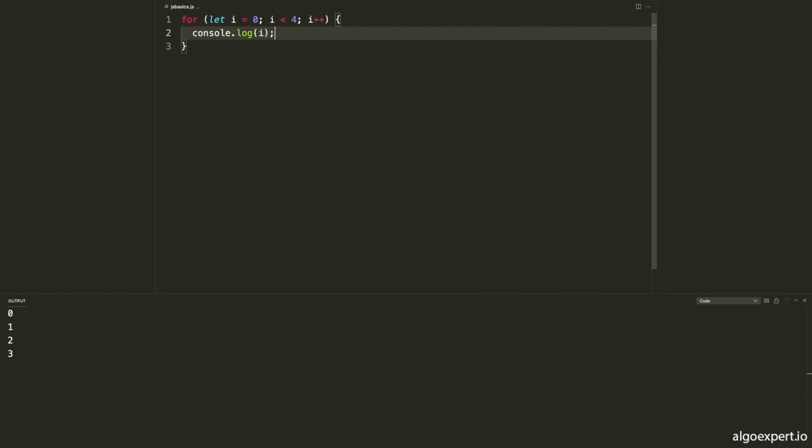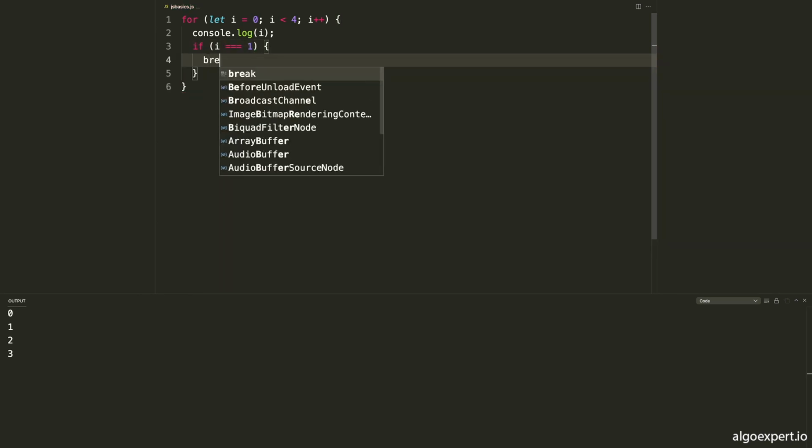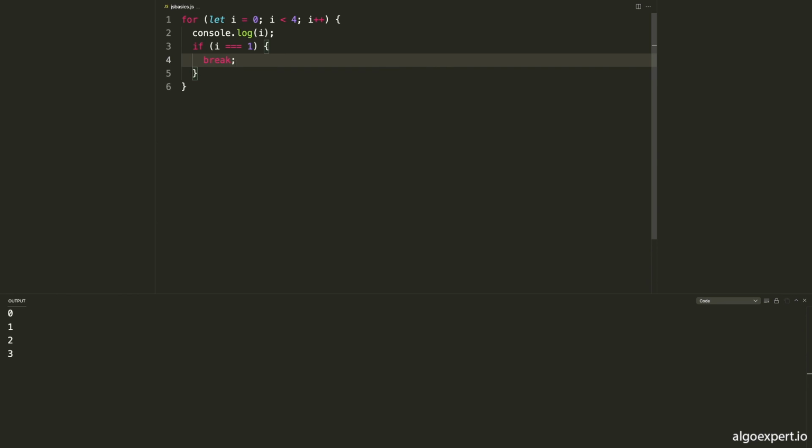Now there's also two special keywords we can use here. So first of all, we could say if i is equal to, let's say 1, then what I want to do is I want to break. So break is just going to break out of the loop. So now what we get is just 0 and 1. So we log out 0, then we check if 0 is equal to 1. It's not, so we continue. Then we log out 1. We check if 1 is equal to 1. It is, so we hit this break statement. And in the break statement, we end the for loop,